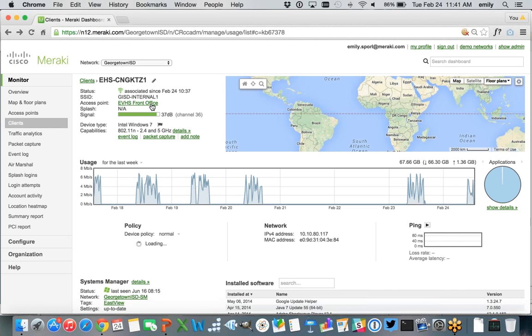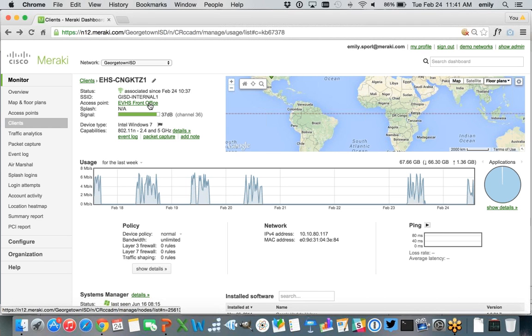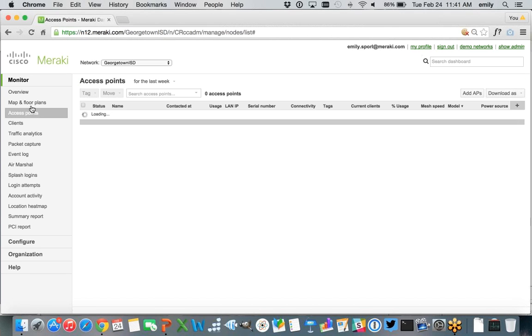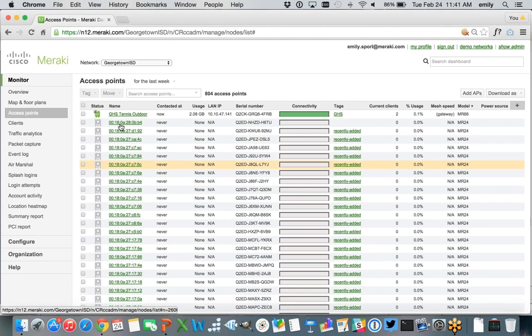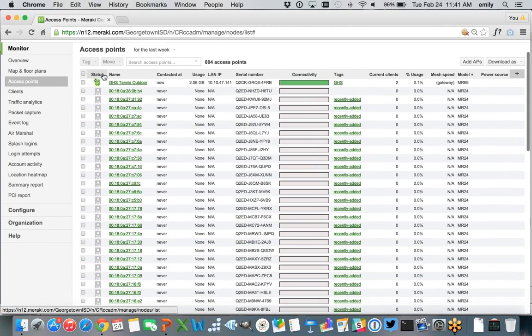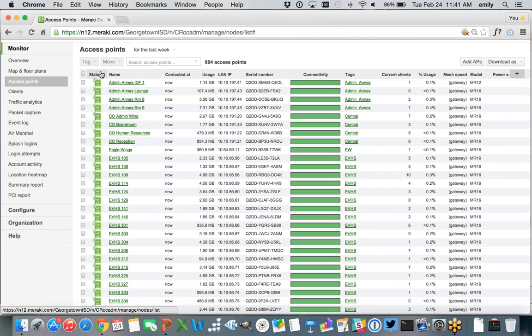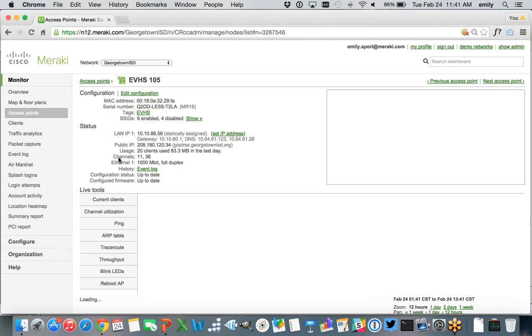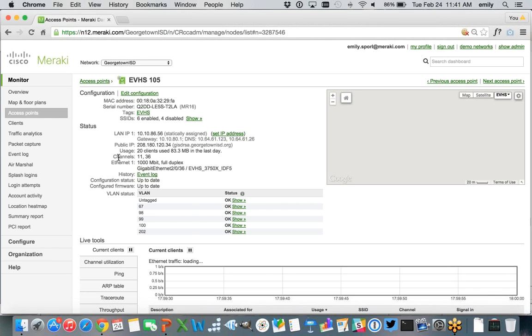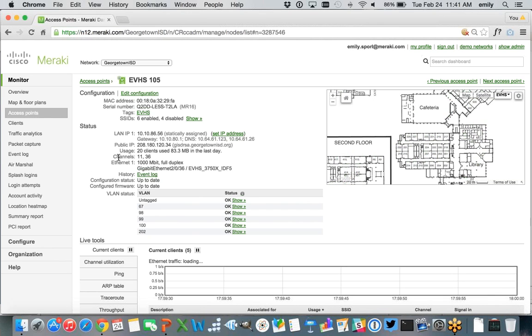And I just want to highlight, if you click this access point, or you go in and you look at all of your access points that are deployed for a given network, again you can see here they all are listed out, and you can get information about their status, so which access points are online and green and healthy, and see stats on connectivity again for the last week for a given access point. But you can actually dive into an access point and get information about its health and status individually.